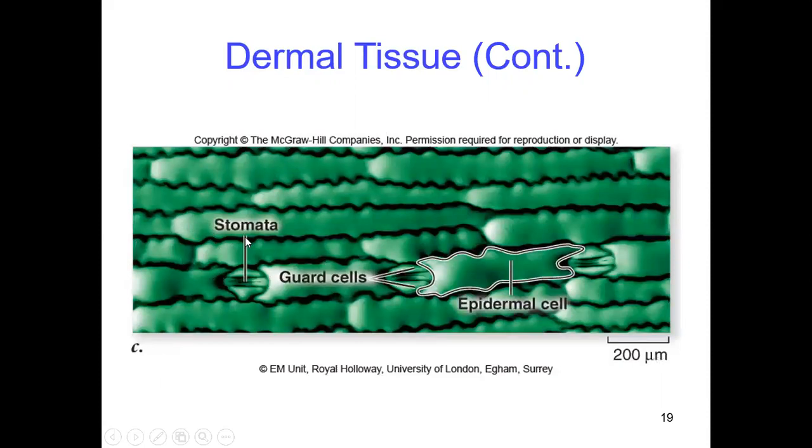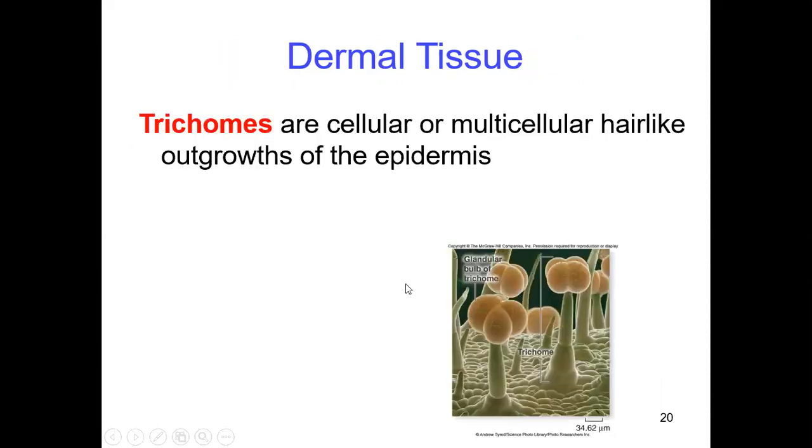We already studied different types of tissue. So this is the stomata here. This is the guard cells here. Again, if you see these trichomes here, this is a hair-like structure present on the epidermis. Actually, this is the modification of epidermal cells, and they form some kind of hair-like structure.